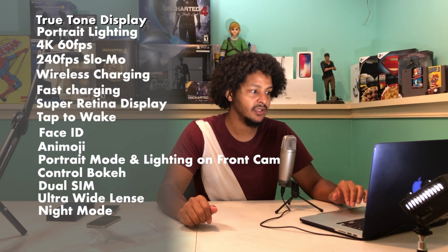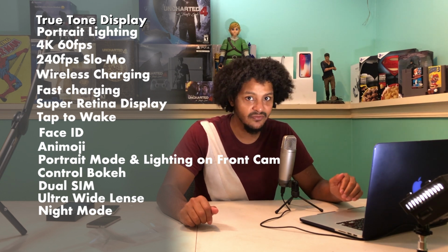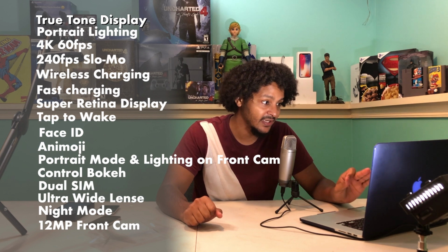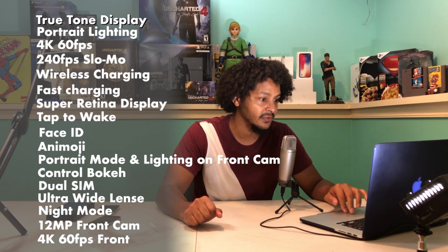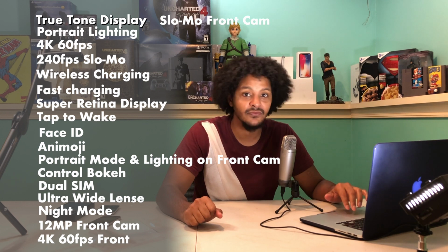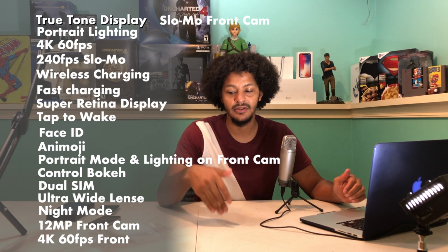They've also upgraded the front camera from a 7 megapixel to a 12 megapixel. The selfie camera shoots 4K 60 frames per second now, and you also have the ability to shoot slow-mo on the front camera. So the front camera is almost as powerful as the back camera is on the 10, starting with the 11